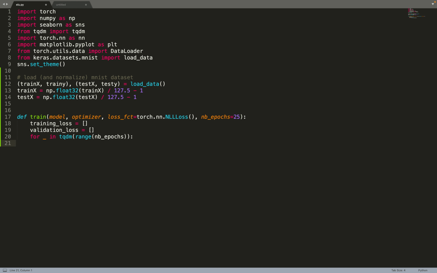That's a very simple training loop. We'll do only supervised learning. So we take as input the model, the optimizer, and the loss function. We are doing classification, so we are going to use the negative log likelihood loss. And we take as input the number of epochs, which is set to 25 by default. We can create the training loss and validation loss for logging them during training. We can iterate over the number of desired epochs,